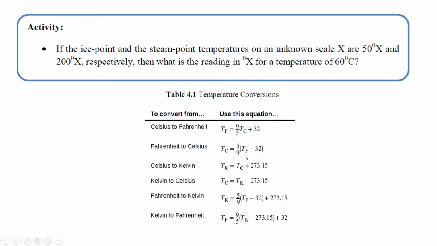The other one is having the temperature in degree Fahrenheit. It's possible to change into degree Celsius using this simple relation. And the other one, if you want to find it in Kelvin form, we have temperature in degree Celsius, you add 273.15, and finally this can easily be changed into Kelvin. If you have degree Kelvin and want degree Celsius, then subtract 273.15, and